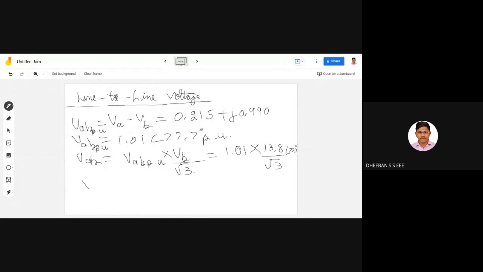So you'll get VAB somewhere around 8.05 at an angle of the same 77.7 degrees in kilovolt. So now we have found your VAB, one of your line voltages,